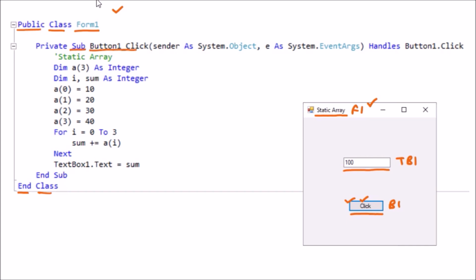Button1_Click, this is the name of the function. It is private because the button is part of the form, and it ends with End Sub. Now 2 parameters are passed. This is one parameter, this is the second parameter, and this function is handling the Button1.Click event. It means whenever we click on this button, this coding will run.